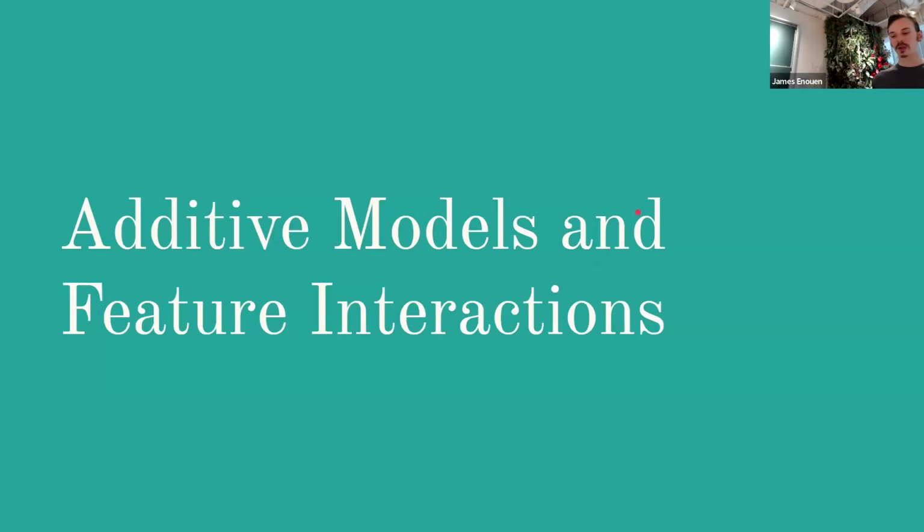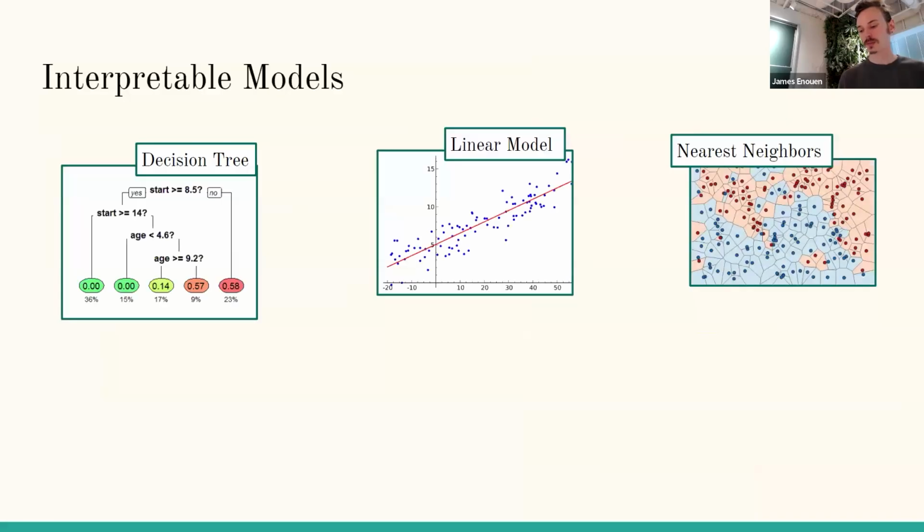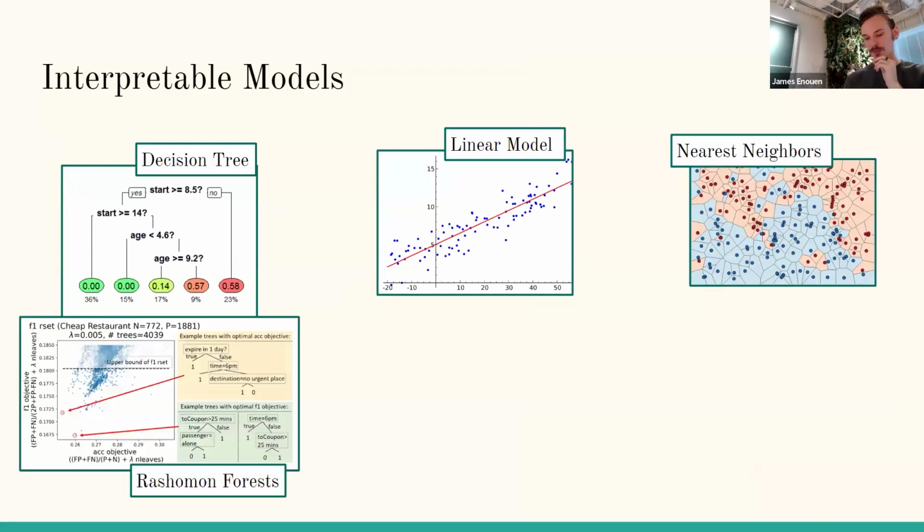Okay, so now let's introduce the additive model and we can get into why we need feature interactions. So like I said, with interpretable models, they all start from some interpretable insights or some glass box, easy to understand representation. So decision trees, you have this logical path, you follow this step, this step, this step, and it gives you a flow chart. Linear models, you tend to think of, oh, you add the influence of this, and you add everything together. And nearest neighbors maybe is you're looking at the closest sample you have in the training data.